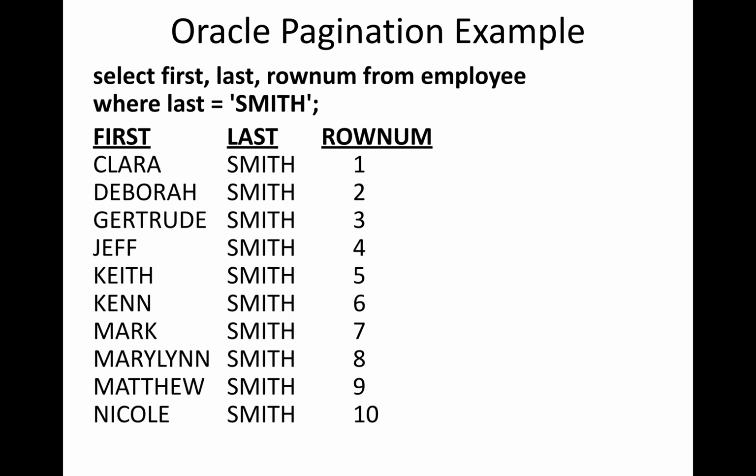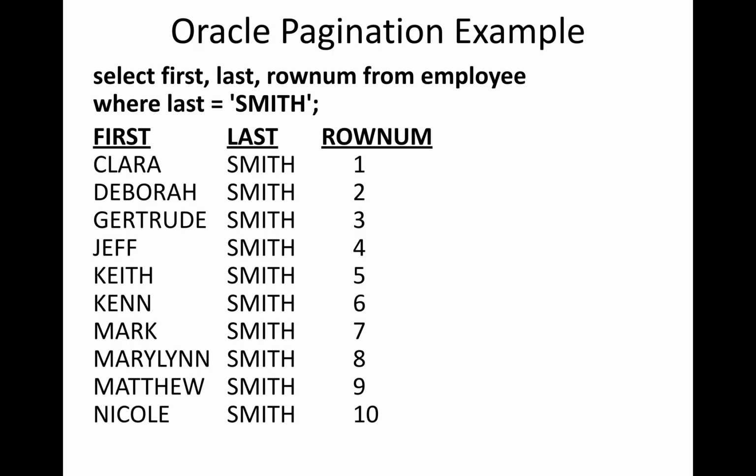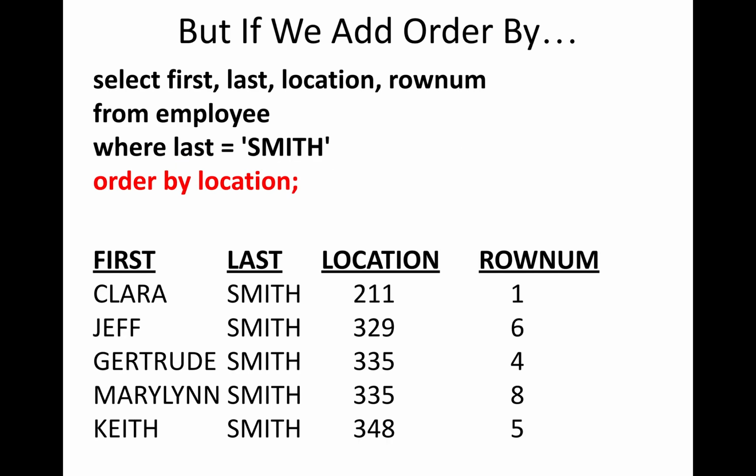So let's take a look at the problem of ordering. For instance, you have ROWNUM here, where you have Clara, Smith, and whatnot, and the row numbers are 1 through 10, and then you select row numbers 1 through 5, and it's basically what you would expect. Presumably this is ordered by first name: Clara, Deborah, Gertrude, Jeff, Keith, and the first 5 are what you would expect. Now, if you order by location,